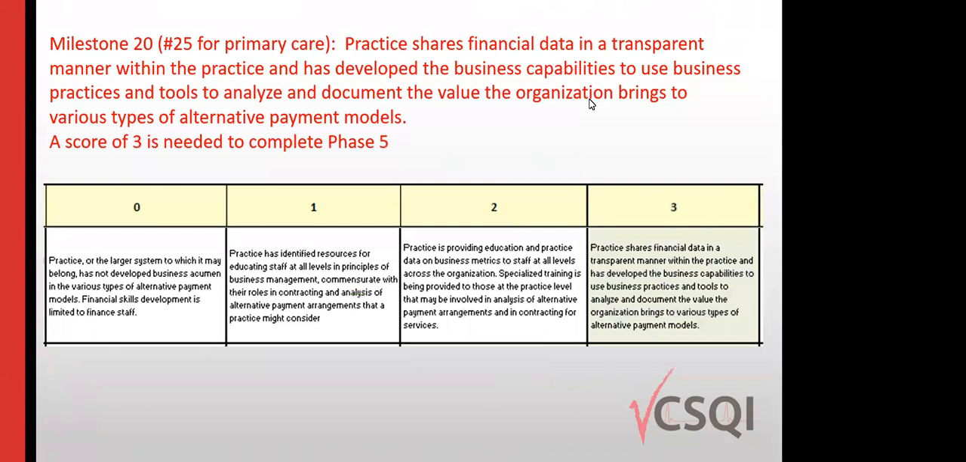So milestone 20, or 25 for primary care, expects that the practice shares financial data in a transparent manner within the practice and has developed the business capabilities to use business practices and tools to analyze and document the value the organization brings to various types of alternative payment models. So on that point, let me just make mention of the fact that the 2018 MIPS categories now